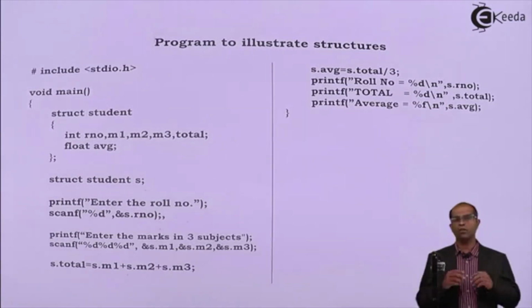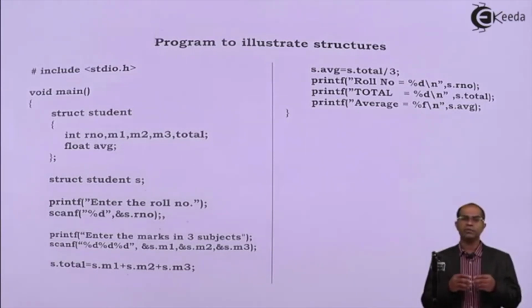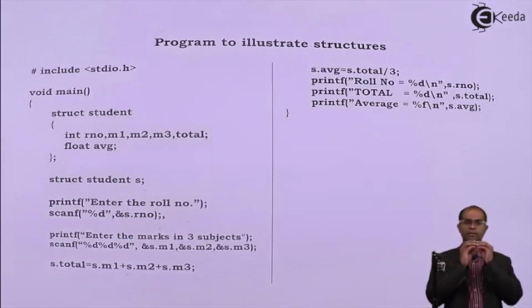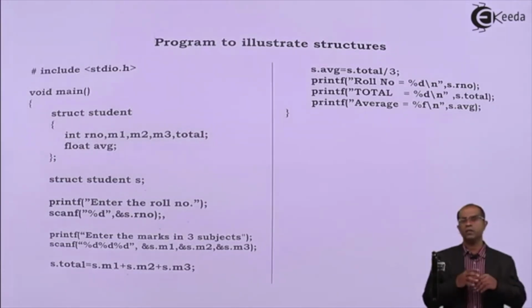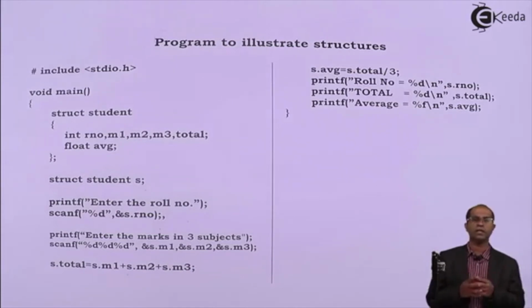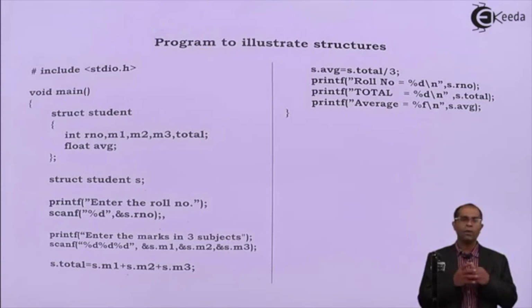If it has to be done as a normal example, I can define the data members, take the instructions for reading the details of the data, find the total, find the average, and finally display all the details with an appropriate message. For example, roll number as this, total as this, and then average marks is this. If I ask you to do all these things as an individual, then it will be a simple task. You can go ahead with all the previous contents and knowledge which you have about C language instructions and place them.